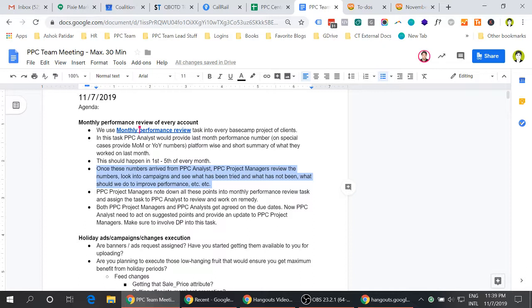Should we change the strategy? Should we communicate this with the client? PPC project managers quickly put their thoughts there, and whatever changes or remedy work we need to execute. For example,